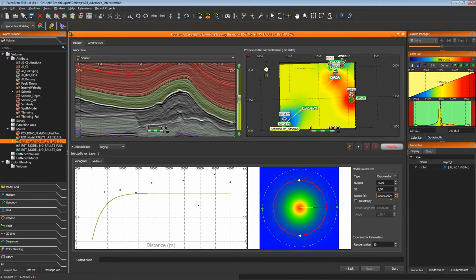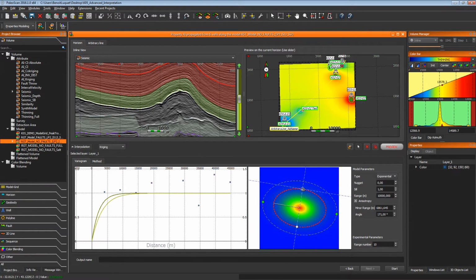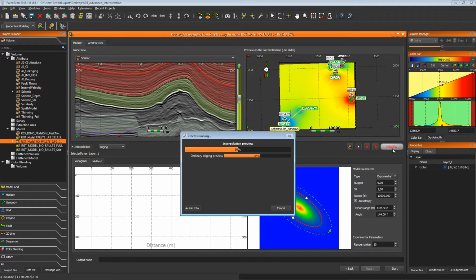The ranges are used to change the area of influence of the well-logs data in several directions. We can set the major direction and the minor direction using the anisotropy viewer, which is the blue viewer in the center of the interface. This viewer can be easily adjusted to fit the well-logs data and get a different result using the preview button. We can simply play with it and observe the result on the preview interface.